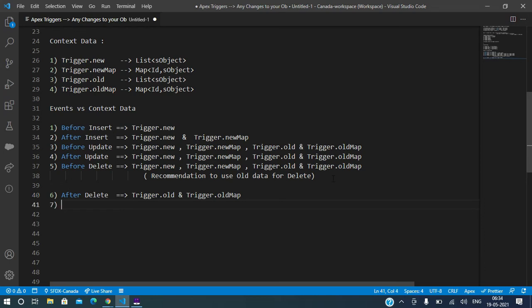And what about the seventh, after undelete?